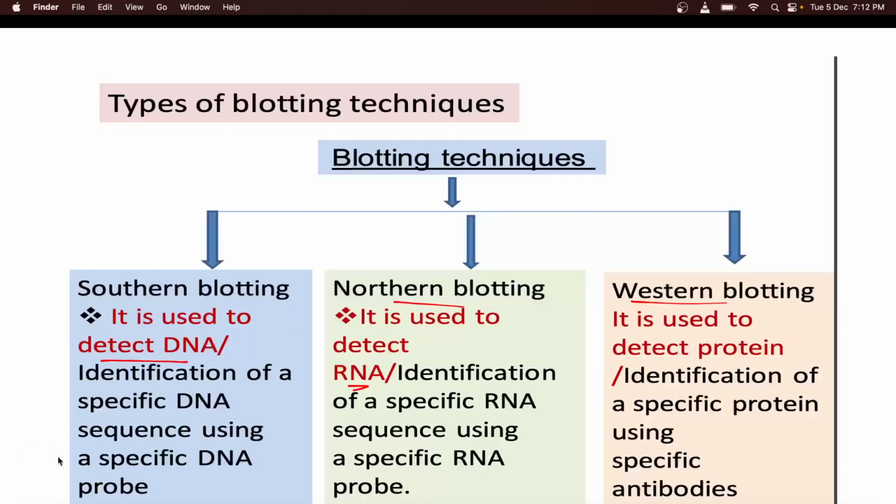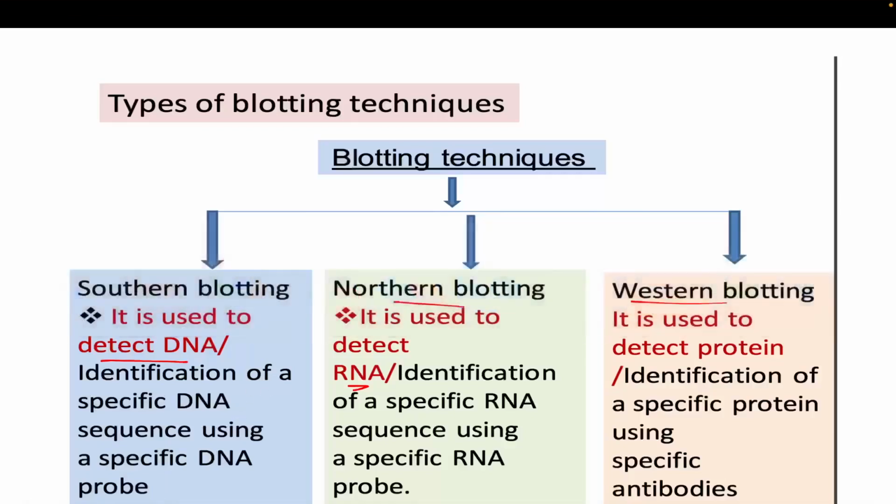Southern blotting is generally used for DNA identification, Northern blotting is used for RNA identification, and Western blotting is used for the detection of protein. Okay, and one more thing: using this blotting technique you can only identify whether your target sequence, target protein or target nucleic acid is present or not. You can't localize